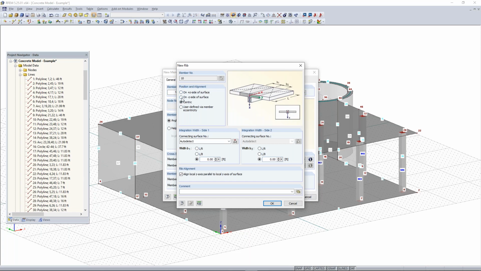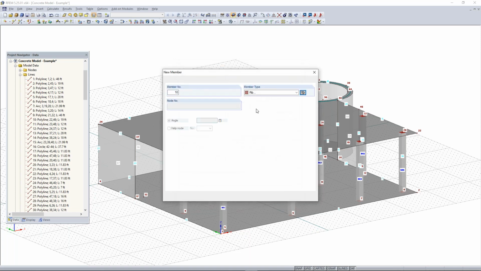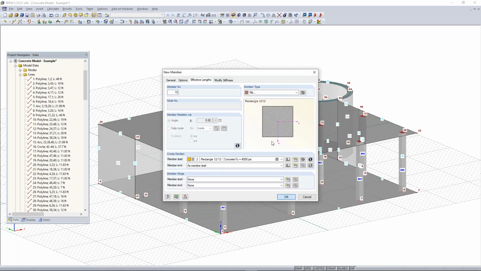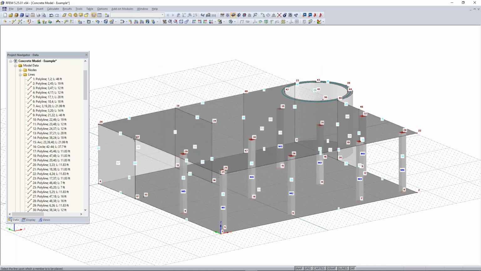and we can have our beam drop down and be on the positive side of our slab according to the local z-axis of the slab, so you can see what that looks like. And also then we can choose the width of each side, and for this example, we'll have it be L/8, so that'll be the width of each side there, and then we can click OK. Then if we click OK again, now we can simply draw